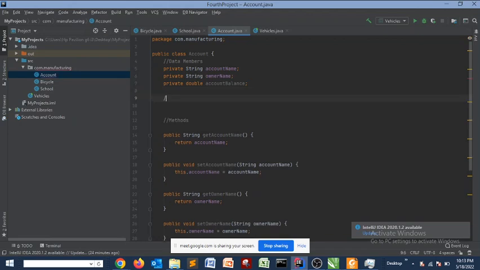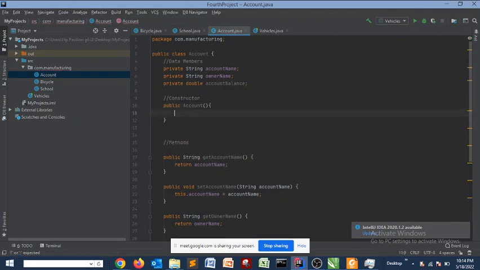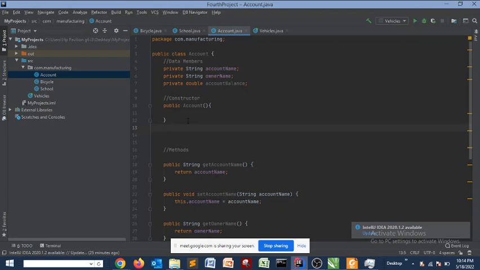I believe you guys are understanding what I'm doing, because you should not be forgetting your constructors, though the system can put it for you if it's a default constructor. Here now we are creating a constructor, public Accounts, and this is it. But again, I would not like to create a default constructor. I prefer a constructor that,